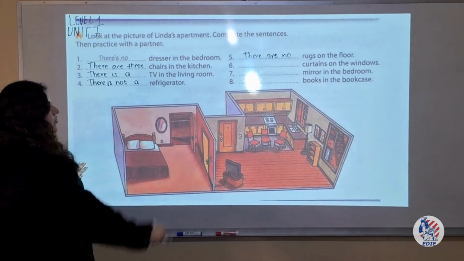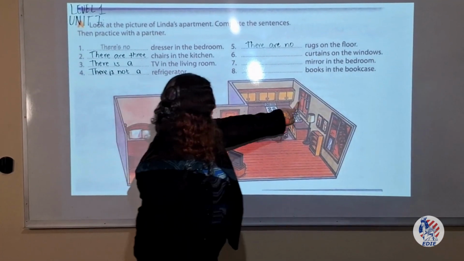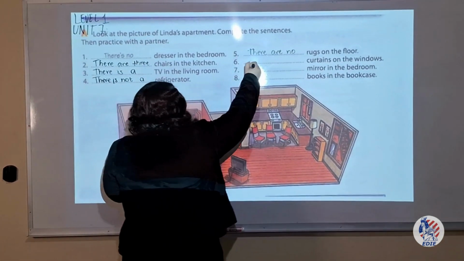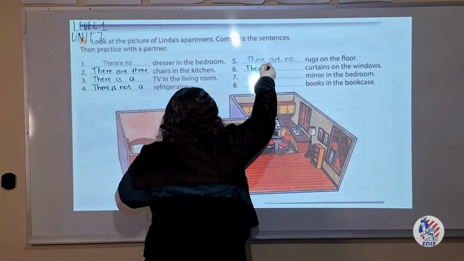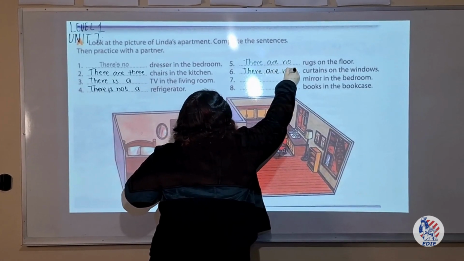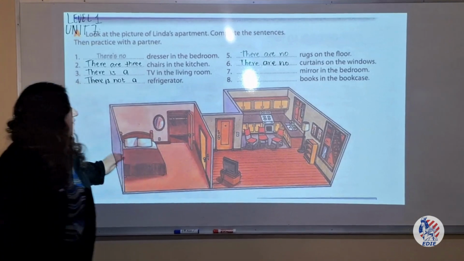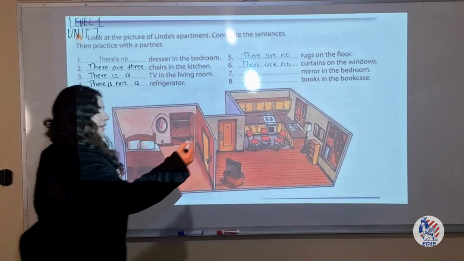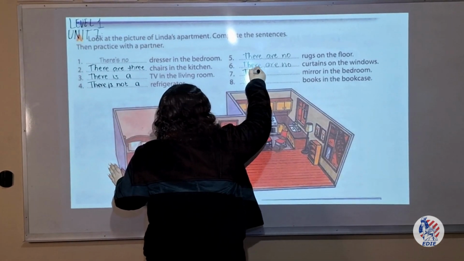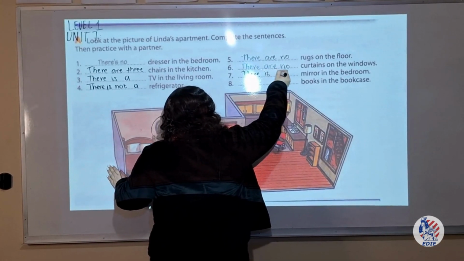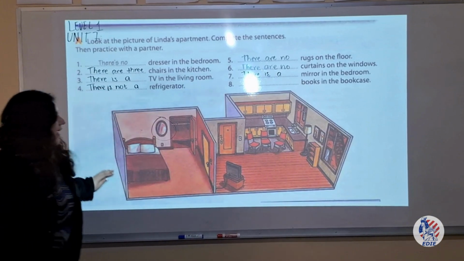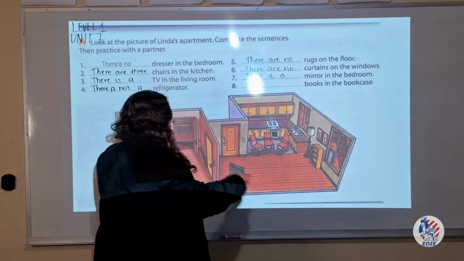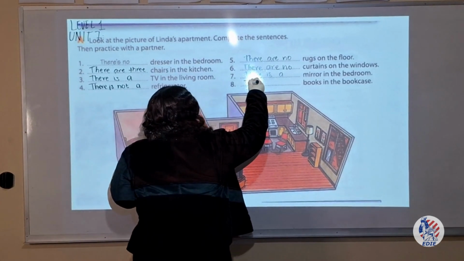Then we have curtains on the windows. Let's head to the windows, and we have no curtains there. So that's what we're going to write. There are no curtains. Then we have mirror in the bedroom, and as we can see, we do have a mirror. Let's write that there is a mirror in the bedroom. And lastly, we're going to look for books in the bookcase, and as you can see, it is empty. There are no books